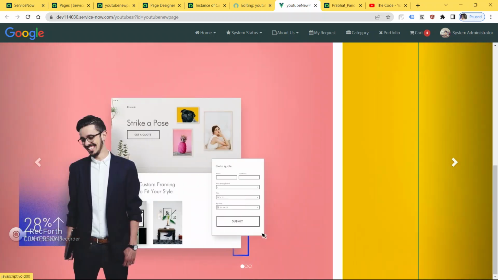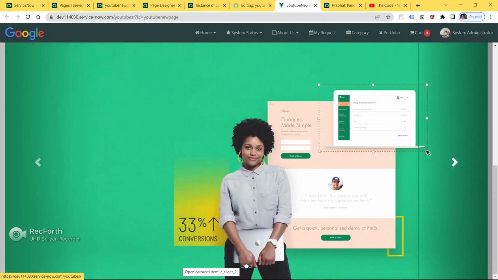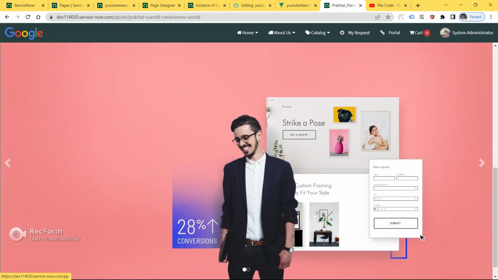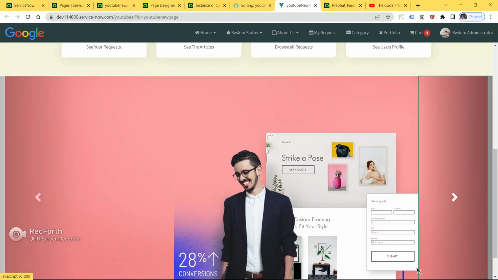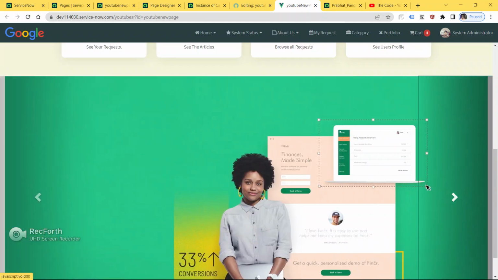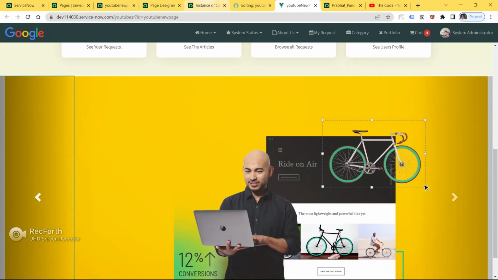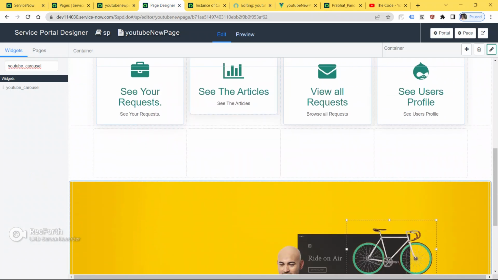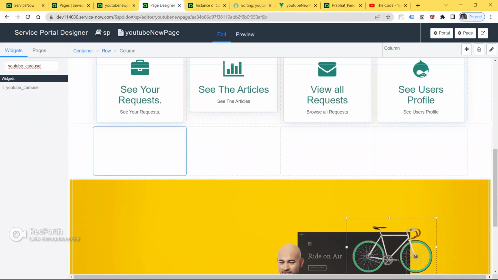As you can see, we got our slides here. We got our slide, but we will make it like this, full width. As you can see, this is a full width slider, so we will make this also full width only. First of all, let's add some text here. So I'm gonna add text here.